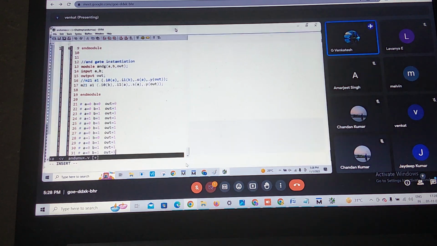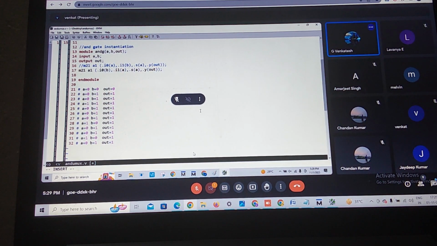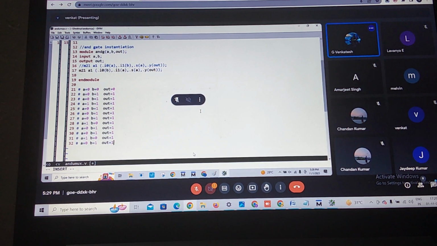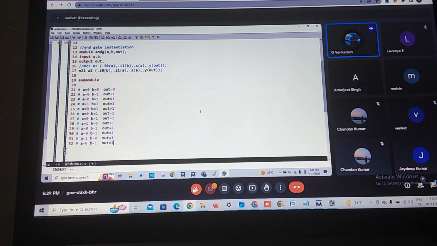See, is this OR gate or NAND gate? Tell me, you people. Lavanya, tell me the 20th line. So this is OR gate, sir. 0, 0, 1, 0, 1 only you are getting. Okay, you people know AND gate and OR gate. You people do all the basic gates.